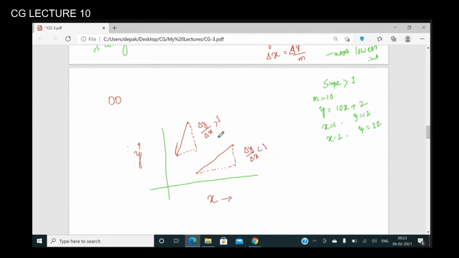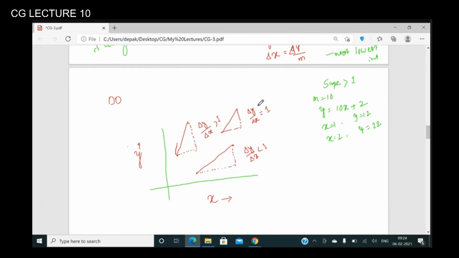Okay, so let me show you one more case. Okay, the two endpoints are here. So this is one more case where you can see the same. That means in this case, the del y and del x both are same, right? Both are same. So in this case, the slope will be 1.